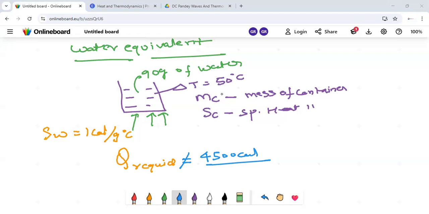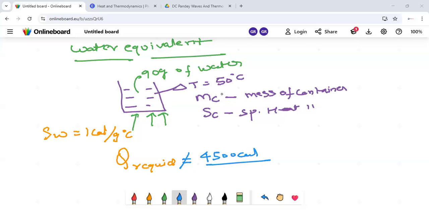when there is no mass of container given to us, or nothing about the container is mentioned in the question. Are you getting my point? In the previous class, I have not mentioned the mass of container even once. So at that point, m s delta T, which gives you 90 into 1 into 50, will give you 4500 calorie,